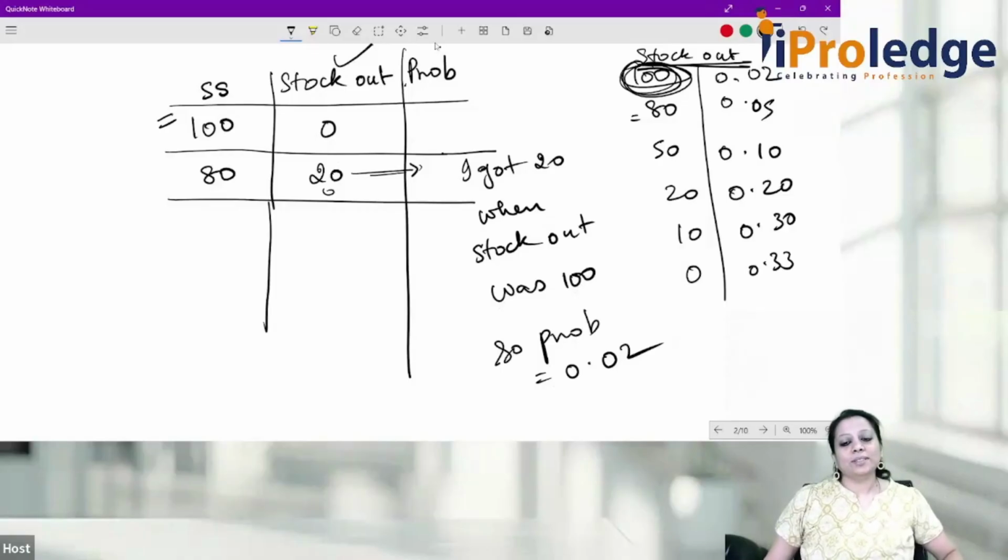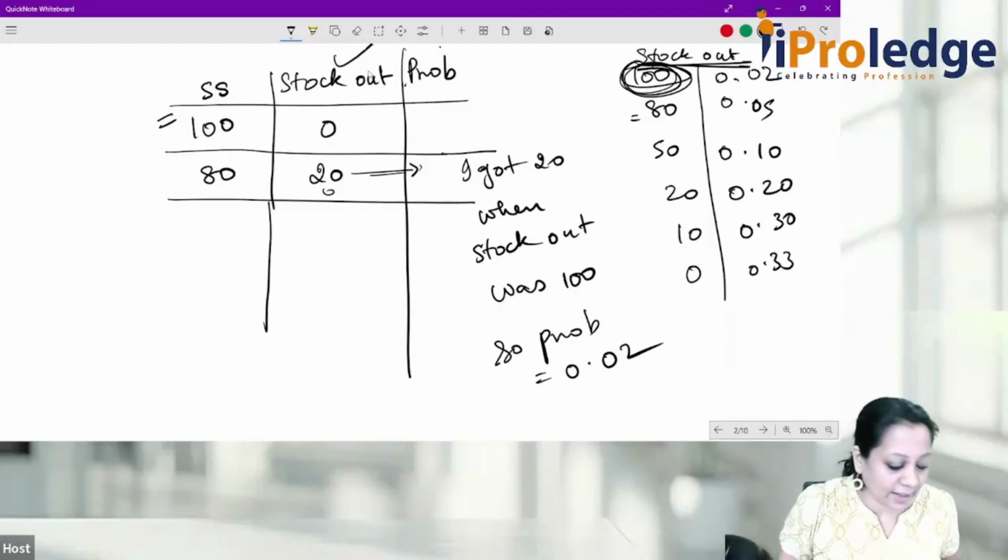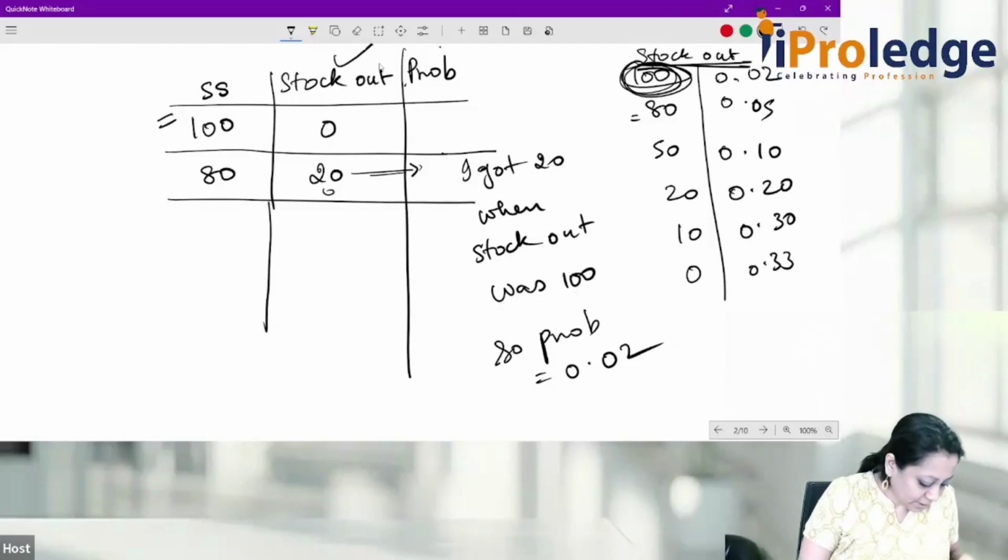Understood, everyone. So this is what it is. I hope now it is very clear to everyone. That also we have taken care of. Okay, what else I wanted to explain was